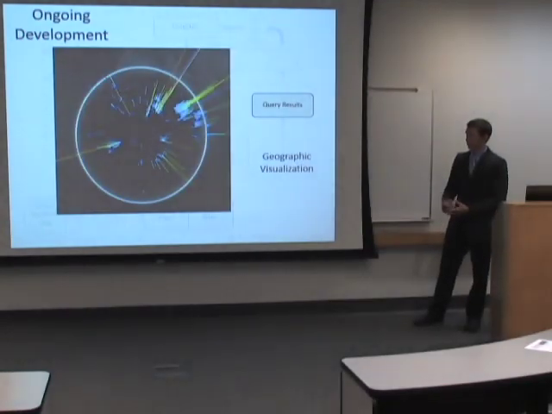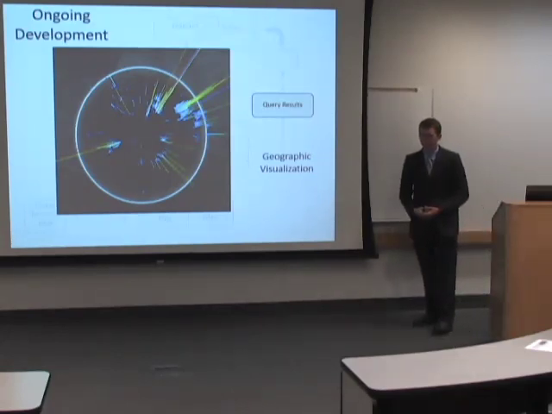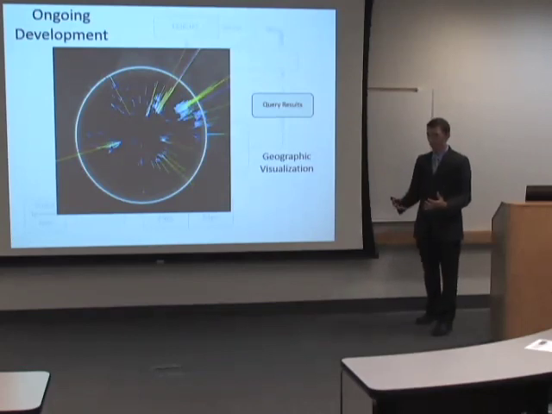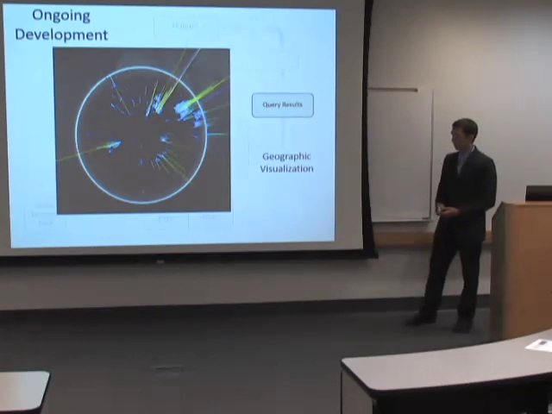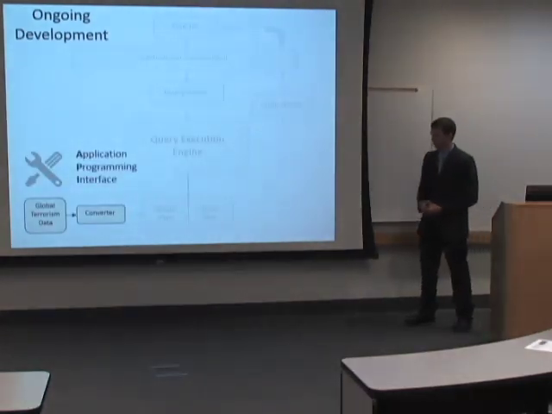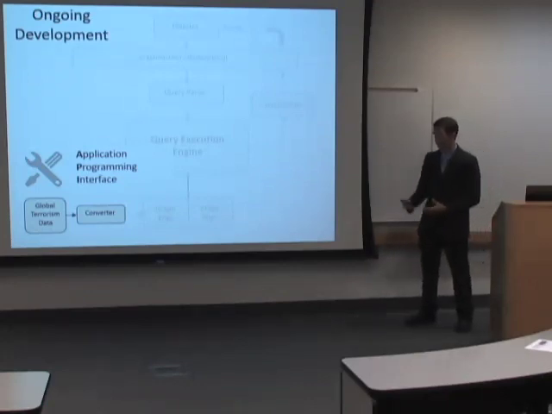We're also looking to have some geographic visualization of the results, because a lot of the data that we're interested in has to do with places on a map or on the globe. So it would be nice to be able to see those actually on a map or on the globe. And then we also want to allow other developers to import their own data sets, use our system to analyze any type of data that they would like. So we're developing an API, an application programming interface, to allow just that, so that people can use our system for their own sets of data.